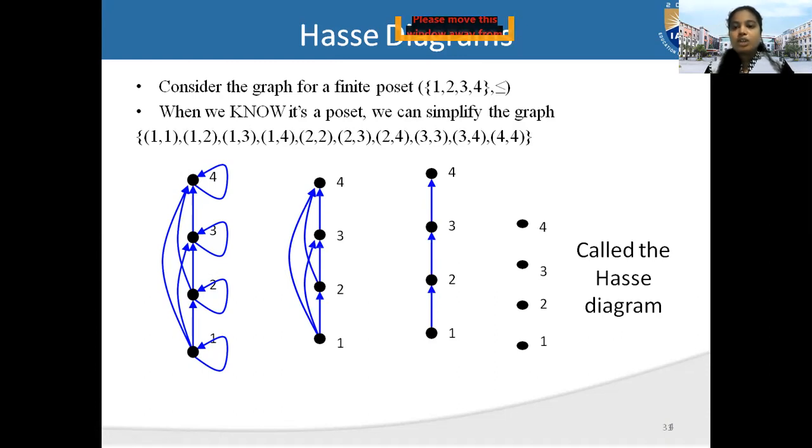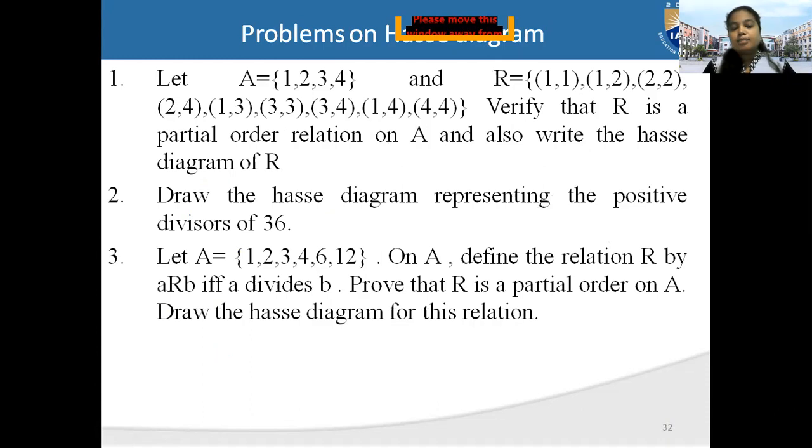What is the next rule? You have to put dots for elements and need not show the arrows, because it always shows the upward direction. Okay, that is the main point. This is the finalized Hasse diagram for that given relation. So based on this example and the rules, you have to practice more examples to draw Hasse diagrams. These are the questions related to Hasse diagrams. You have to take questions and practice. Okay.